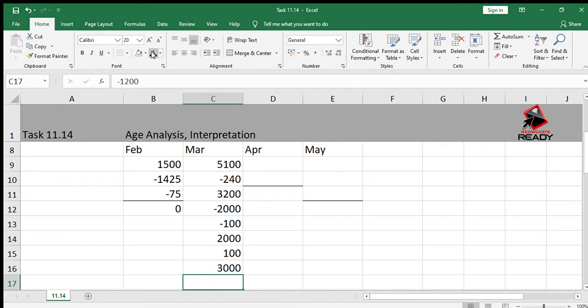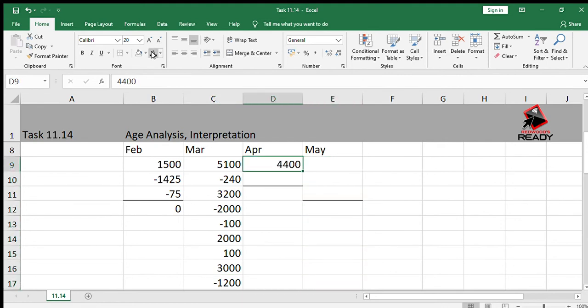Okay, then we're going on to 5th of April. There's a receipt of 1,200. Now this debtor is obviously still owing money from the month of March, so the receipt will be allocated to this month. Then we have on the 15th of April an invoice of 4,400, which must be allocated to the